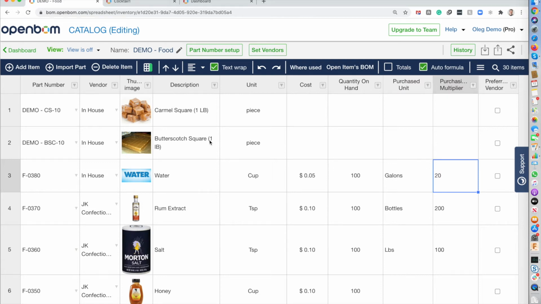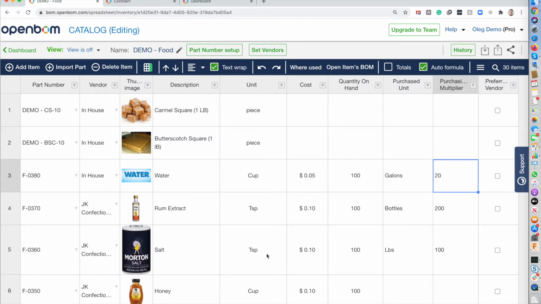Alright, in my video today I'm going to demonstrate how you can use different units of measure for purchase ordering in OpenBOM. So think about you have a bill of materials for a cocktail, and you have ingredients in the cocktail measured in a particular unit of measure, like for example cup, teaspoon,